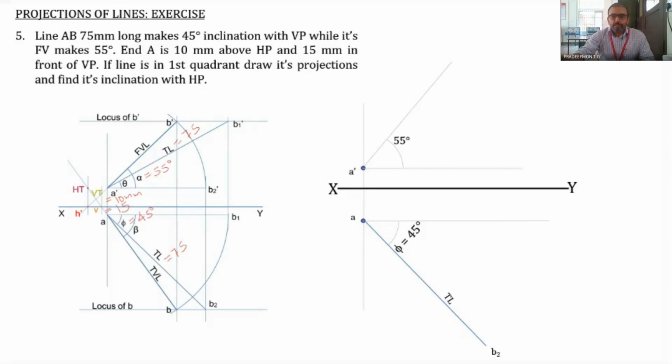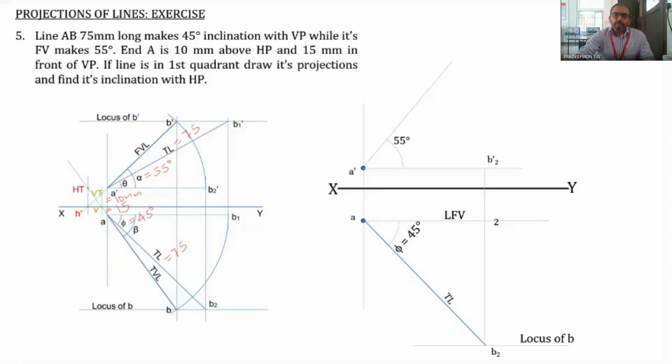So what we have to do is find out the length of the line. In order to get the length of the front view, we have to find out B2 dash. A dash B2 dash is the length of the front view. In the next step, we have already found out the locus of B. Any horizontal line through B2 will give you the locus of B. And from B2 we draw a vertical line so that we obtain the length of the front view. So B2 dash is obtained. So A dash B2 dash will be the length of the front view, as well as the distance A2 will also be the length of the front view.